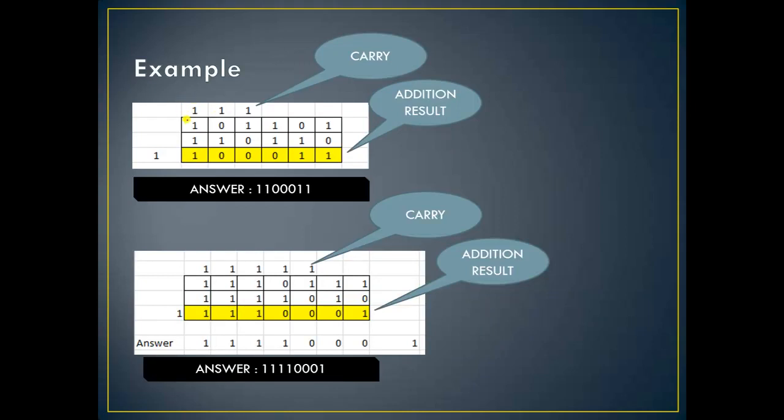See the example. This is the number and this is the number, and the yellow part shows the result. So you can see 1 plus 0 is 1. 0 plus 1 is 1. 1 plus 1 gives you 0 and 1 carry. Now again 1 plus 1, 0, then 1 carry. 1 plus 1, 0, then 1 carry. Again 1 plus 1, 0, then 0 plus 1, 1, then 1 carry. Okay, so you will get this answer. Again see this example also. In this also the same rules apply, so that you will get the result. Okay, so the answer is here.